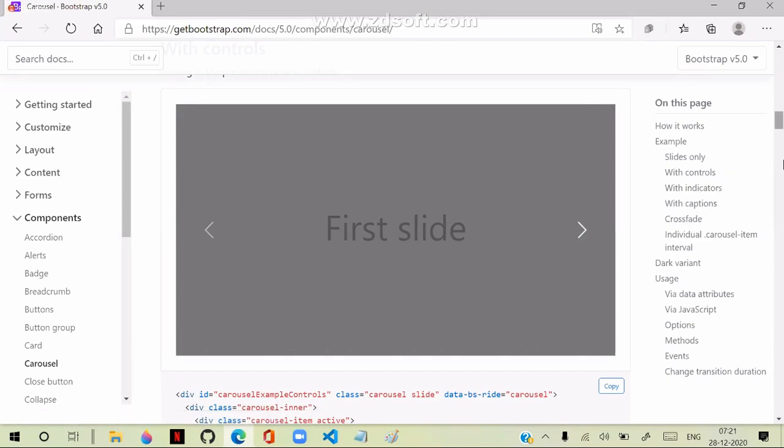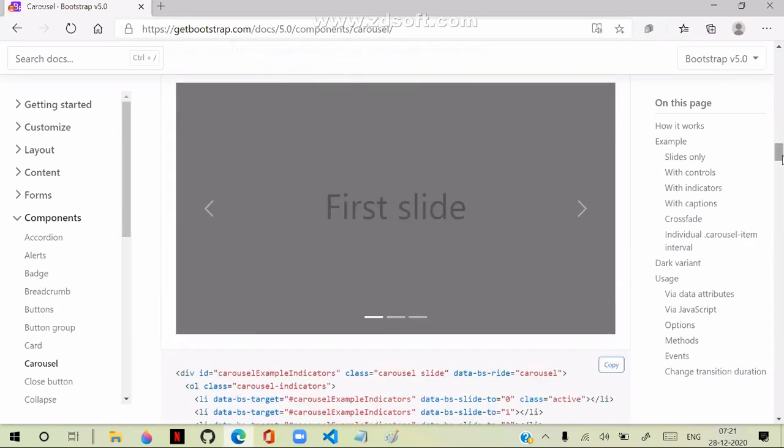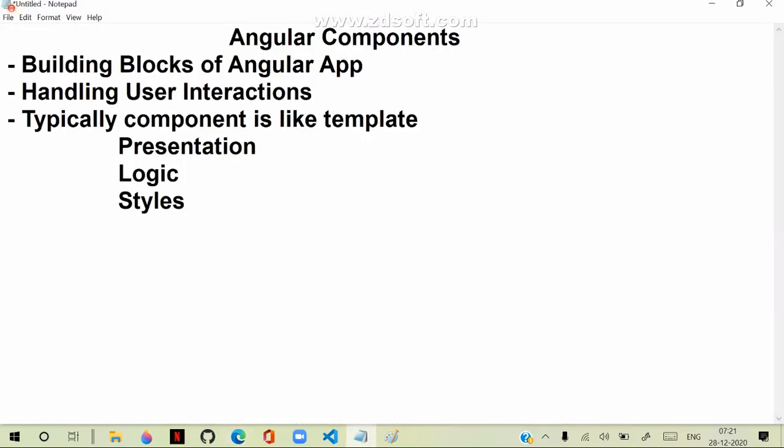So components is not a new term for developers. So what is this component built with? It contains a presentation with HTML. It contains the logic with JavaScript, jQuery. It contains styles with CSS. So typically a component comprises of presentation designed in HTML.